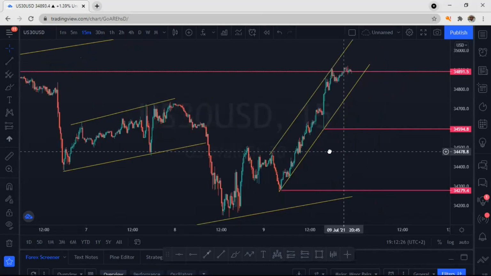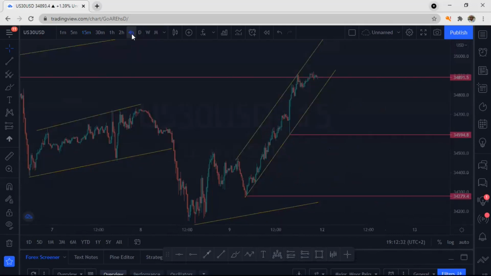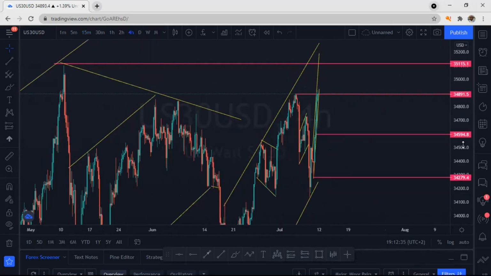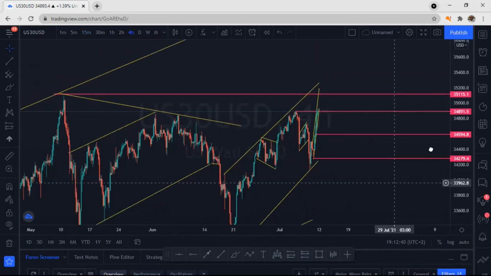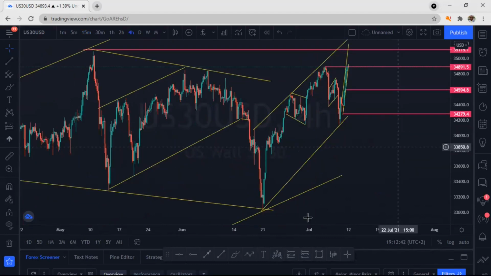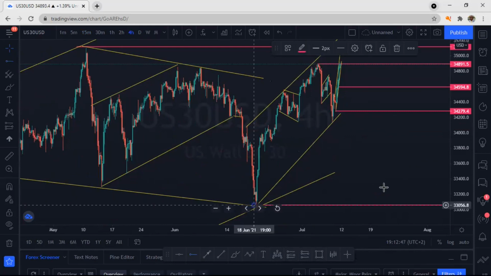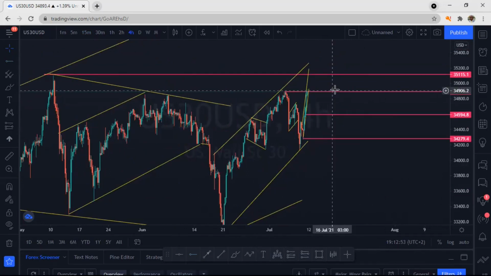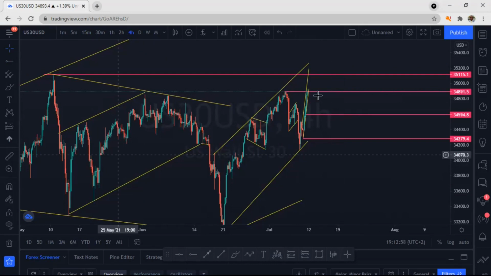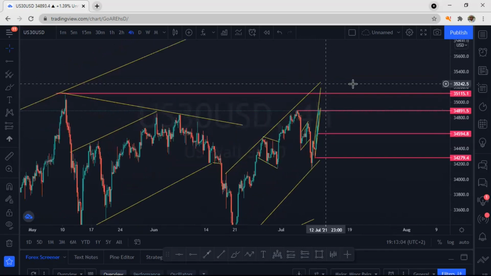So now I'm looking at USD. When I look at USD, we start from the 4 hour and check what is happening, because I analyzed this one on Friday. When I look at USD for next week, I can see that this index is just a few pips away from creating new highs.